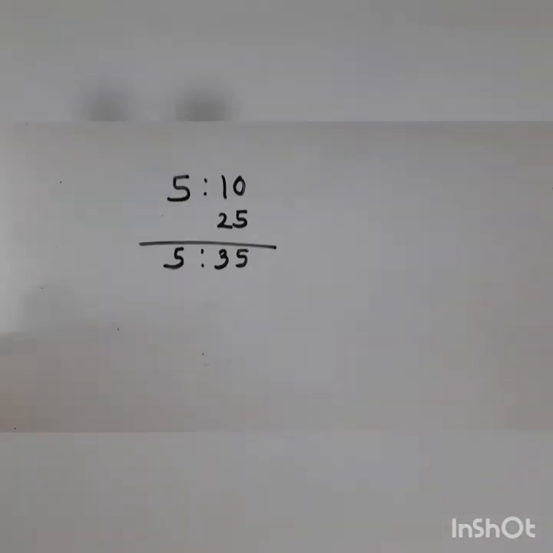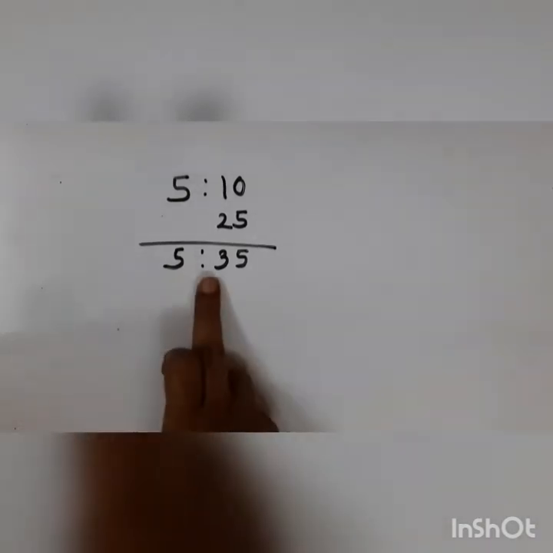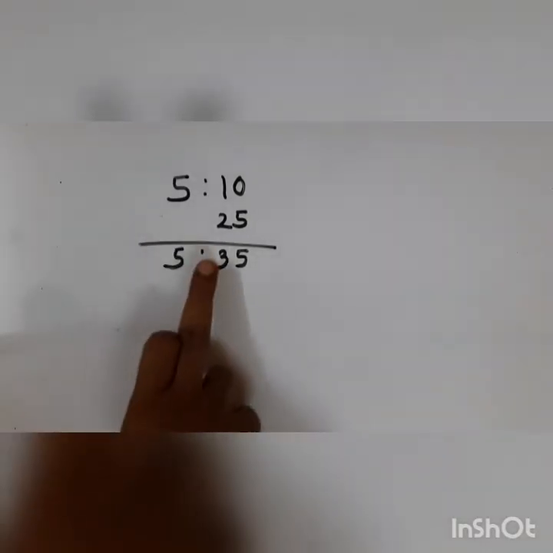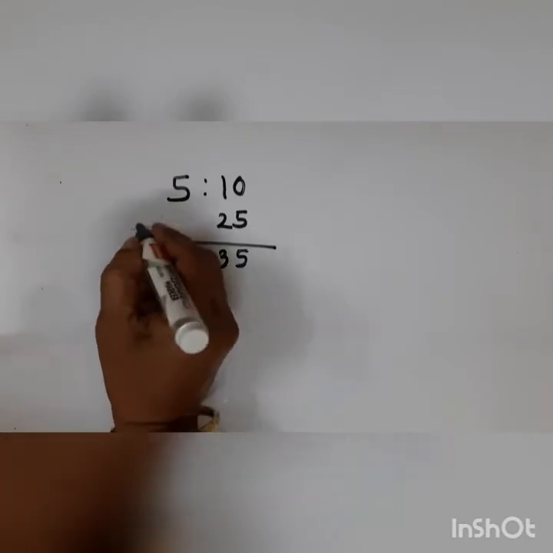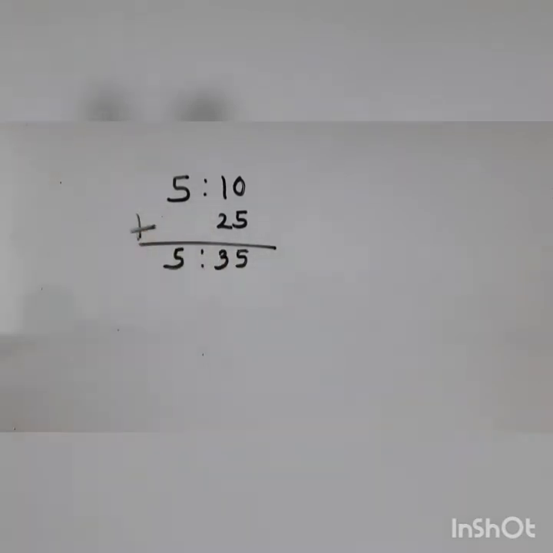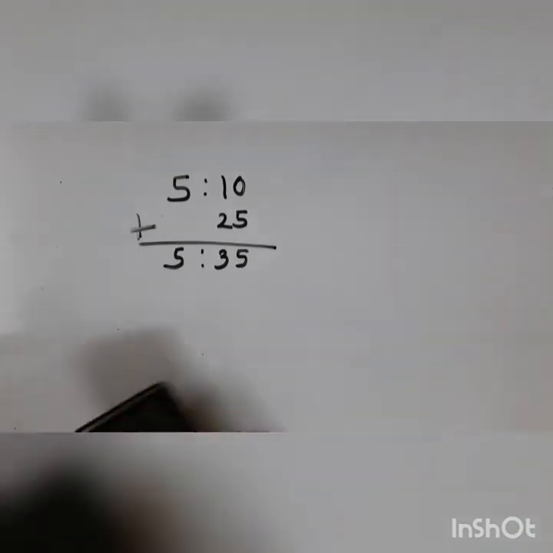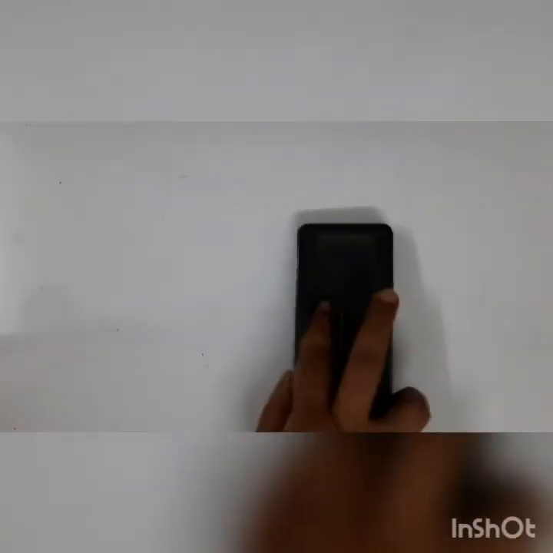I'll show you in the notebook. Right now I'm just showing you the working. Remember, delay means we are adding. Oh, I forgot to add this sign. Children, please put a sign. Right? So you will say the train arrived 5 hours 10 minutes plus 25 minutes. And then you will show this working. Let's read the next sum.